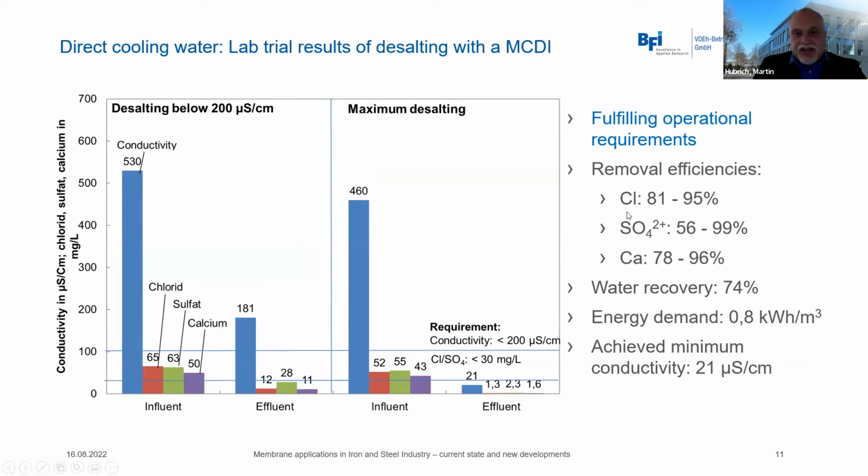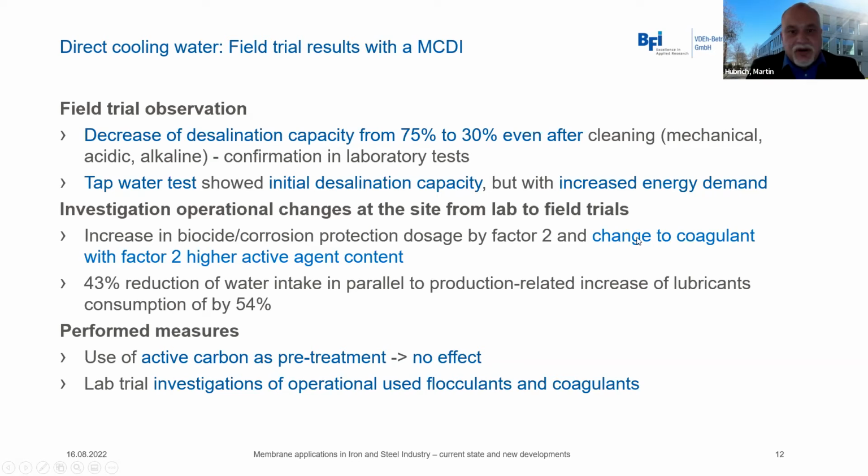And then 6 months after the lab trials, we started the field trials. During the field trials, we had a surprise: we noticed that the desalination capacity decreased from 75 to 30%. Then we took a sample from the site, investigated it at the lab, and we had the same effect as described here. So we started an investigation into what had changed in the last 6 months,